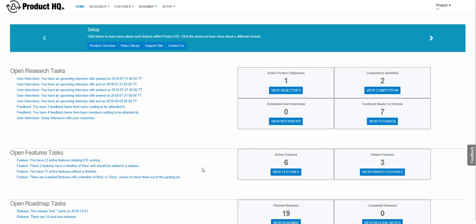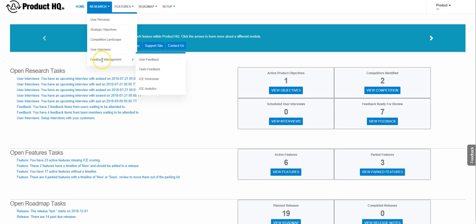Welcome to Product HQ. Product HQ gives product managers the ability to track customer and team feedback in a single location that they can then review and promote into features or dismiss if the feedback is not aligned with their product strategy. To review product feedback, you can go to Research, Feedback Management, and from there decide, do you want